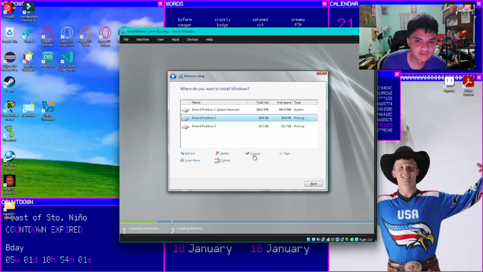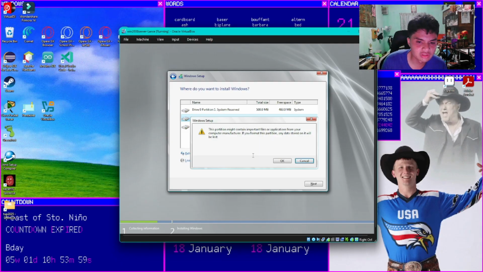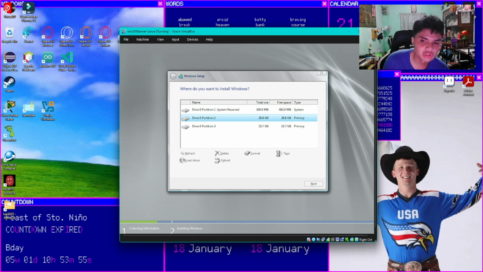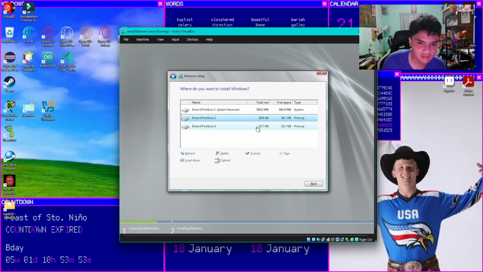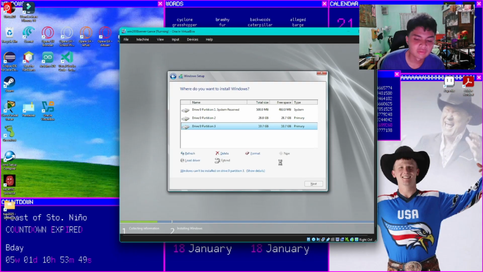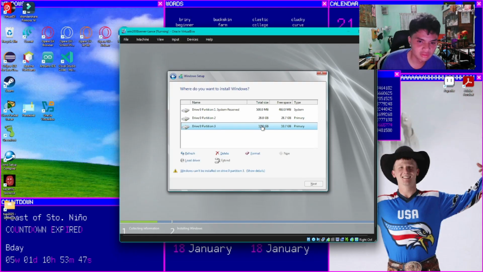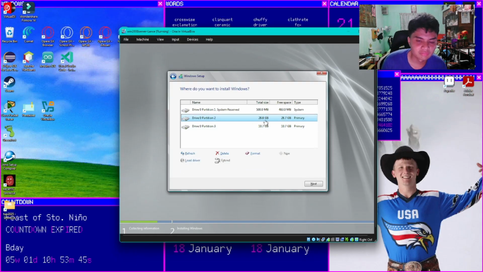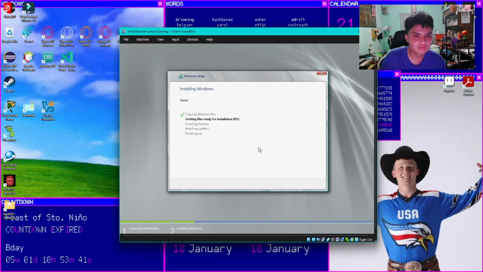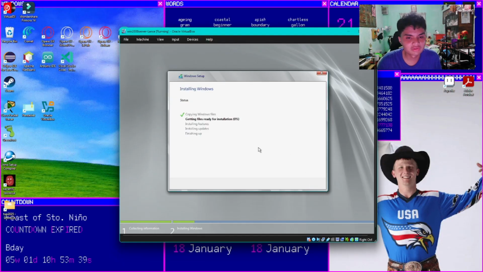What we're gonna do first is format those two first. So just press format, so we can ensure that it is formatted well. Then also with partition 3, format it, so we can use it later on as a second disk or drive. So in partition 2, we just press next, then it's gonna install Windows Server.